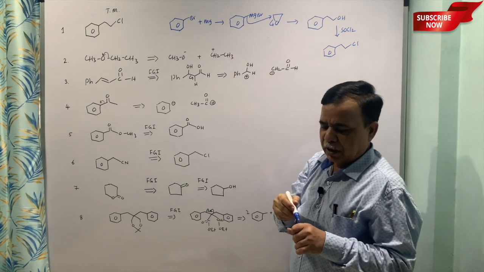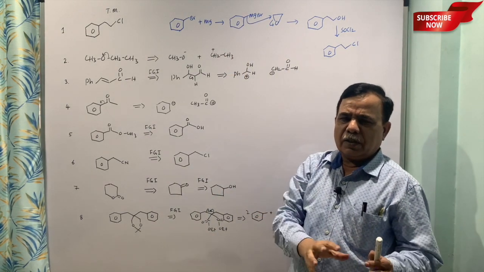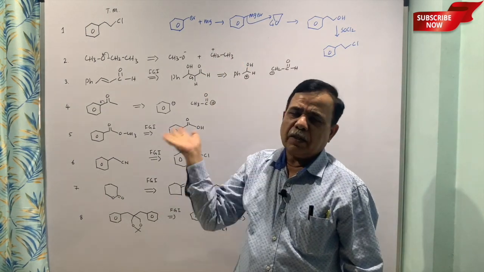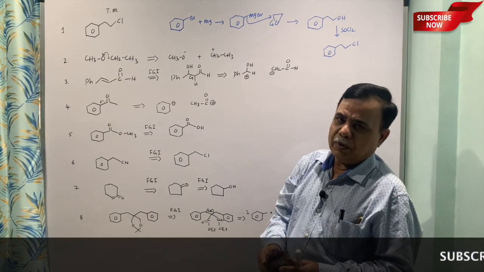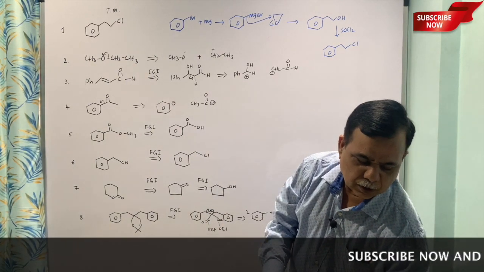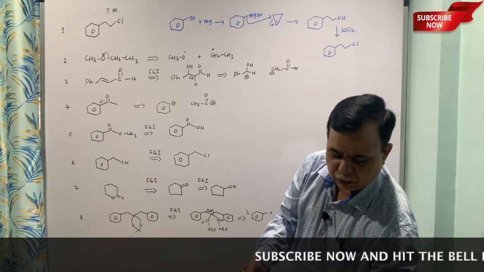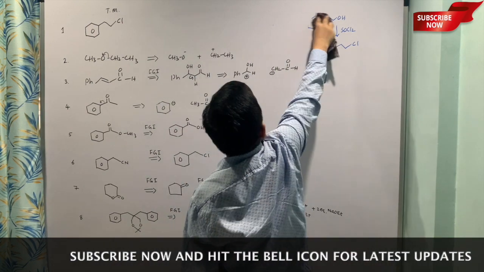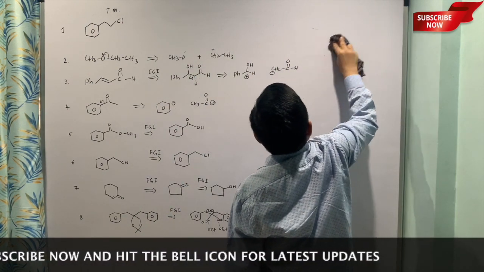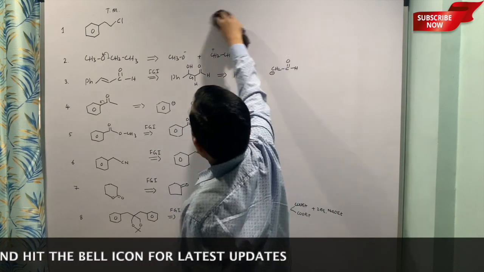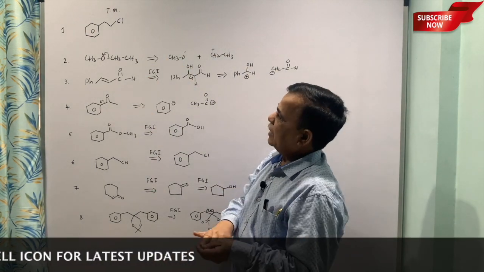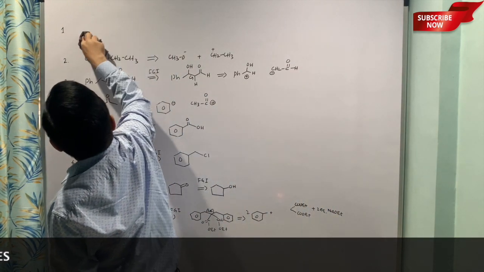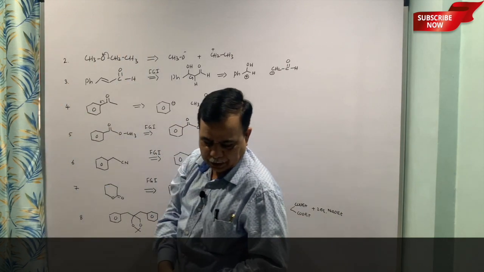So, the first part is retrosynthesis, the breakdown of the target molecule into starting materials, and from the starting materials if you go forward, that is synthesis. So, retrosynthesis is one part, synthesis is the forward step pertaining to the synthesis of the molecule. Forward synthesis is one, retrosynthesis is the systematic breakdown of the target molecule into the reacting entities. Okay. Now, this second molecule, that is the ethyl methyl ether.